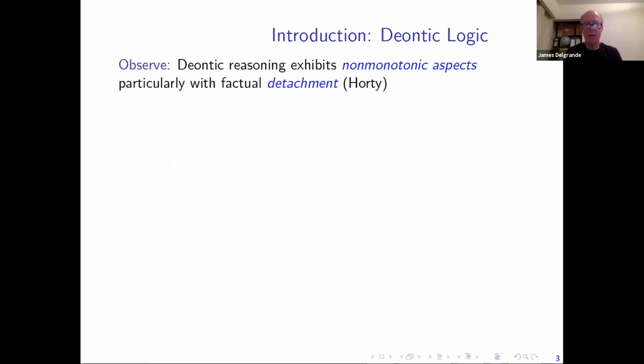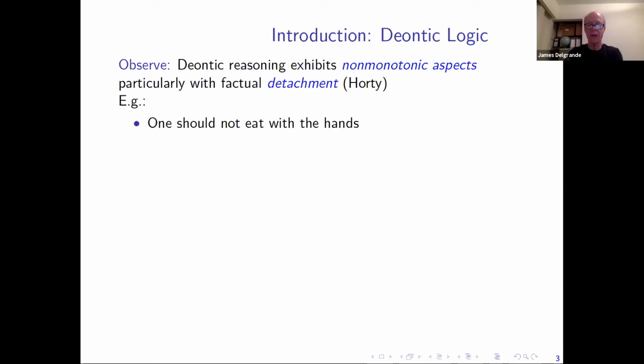Where we're taking as a starting point is the observation that I believe was first made by John Horty, that deontic reasoning exhibits non-monotonic aspects and really can be seen as an approach dealing with non-monotonic reasoning, in particular with factual detachment.